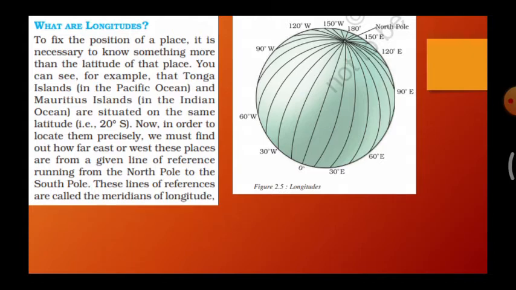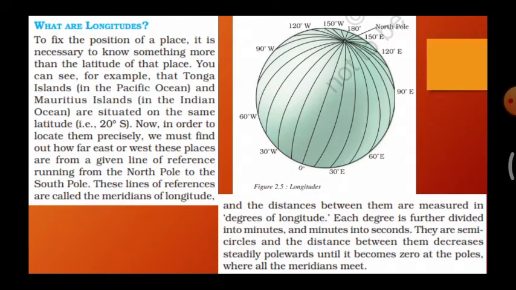They have mentioned 0 degree, 30 degree, 60 degree, 90 degree, 120, 150, and the last 180 degree. Like this, they have divided the globe to locate the places. These are called meridians of longitude,